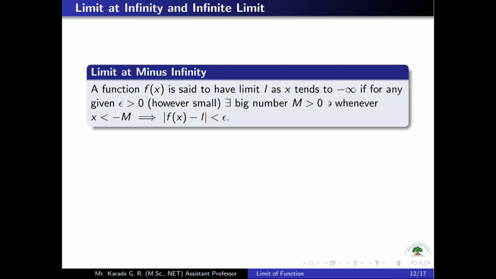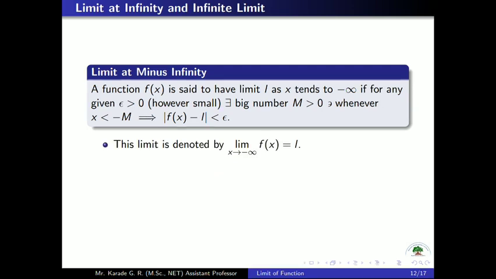So limit at minus infinity means we say that the limit of a function f of x as x tends to minus infinity is L if whenever x becomes smaller and smaller, the values of function f of x approach towards L. So we can say that when x tends to minus infinity, the distance between f of x and L becomes smaller and smaller. So in this case we say that the limit of function f of x